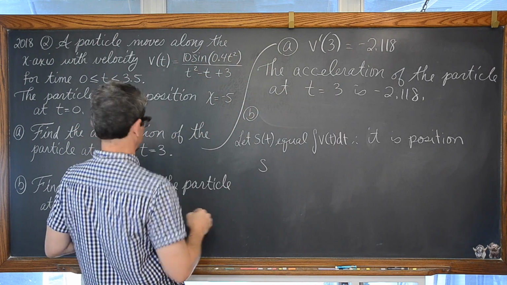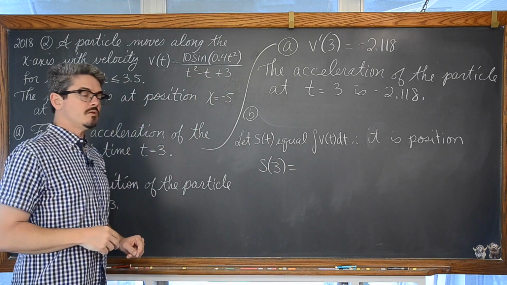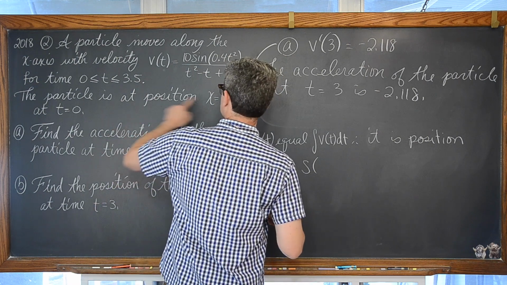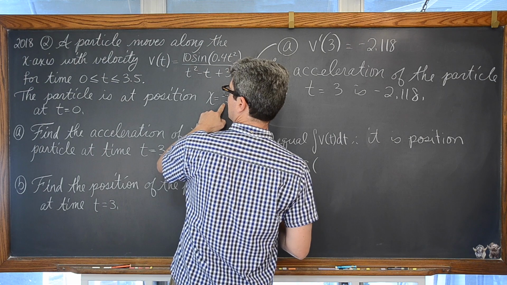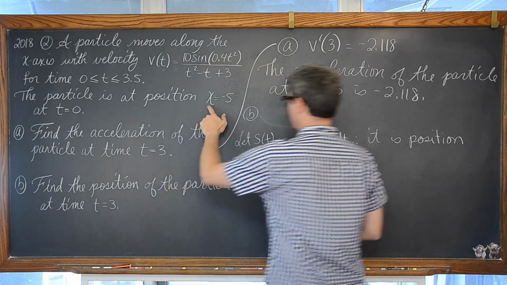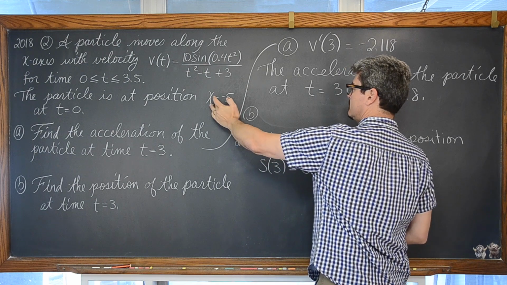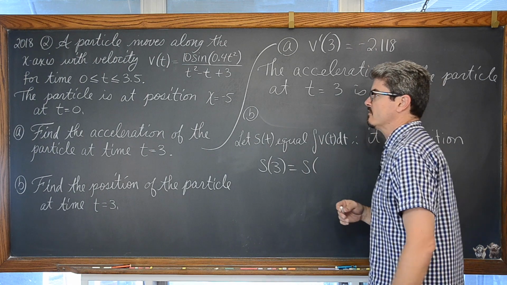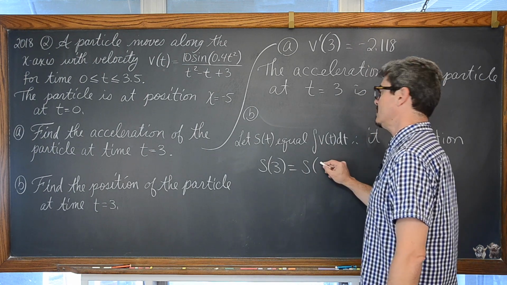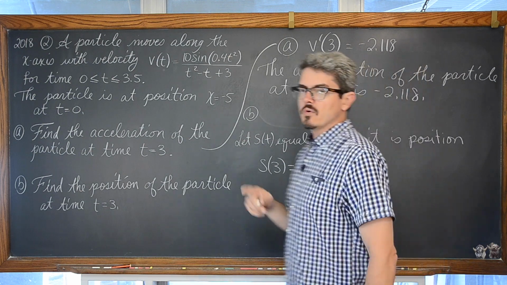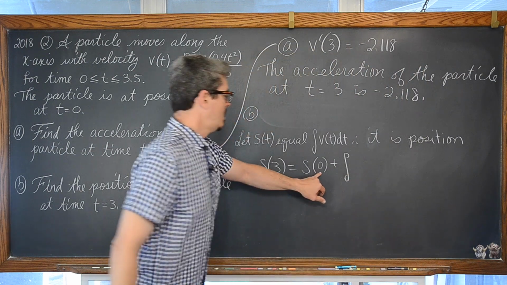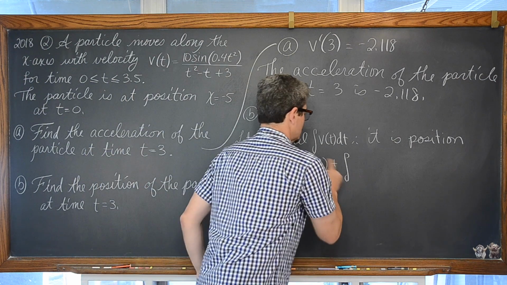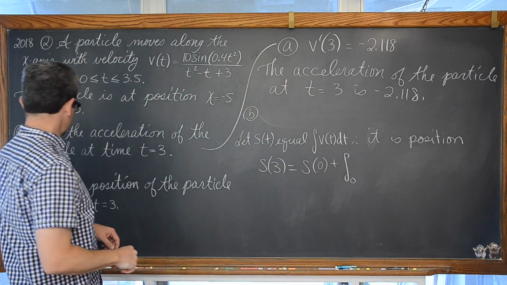S of 3 is going to be equal to the position at t is equal to, oh, excuse me. Well, yeah, we do have a value of x. We could have called it x of t. Now it makes sense how they just sort of arbitrarily introduced that new variable or function notation, but I'm going to say s of 0 plus, and now we're going to integrate the rate of change off of as a lower limit, the time at which we had that initial position, because that's where we start moving from. So 0 to 3.